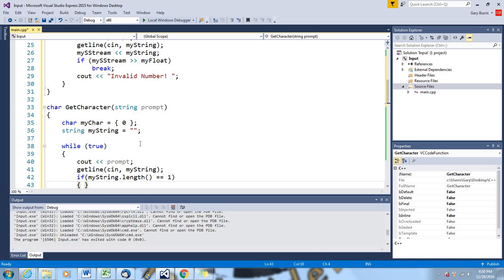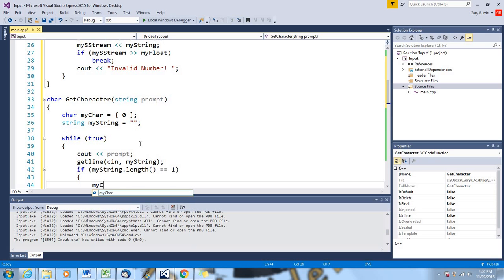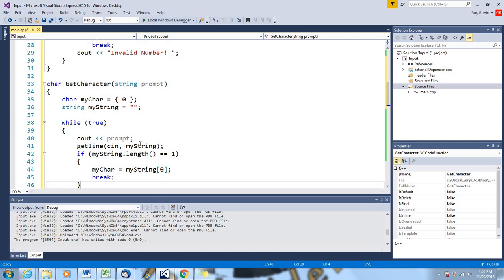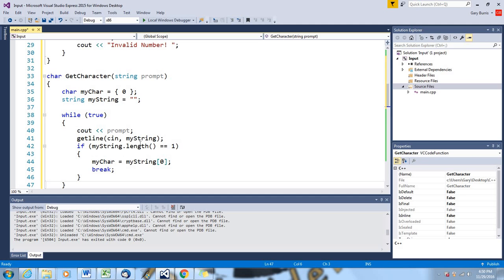Then, and we're going to have to open some curly brackets here, we're going to say my char equals my string, and because remember strings are an array of characters, we only want element 0, so in the square brackets we put a 0, and then we say break on the next line. And then there's the curly brackets that close the if statement, the curly brackets that close the while statement, and underneath the if statement,